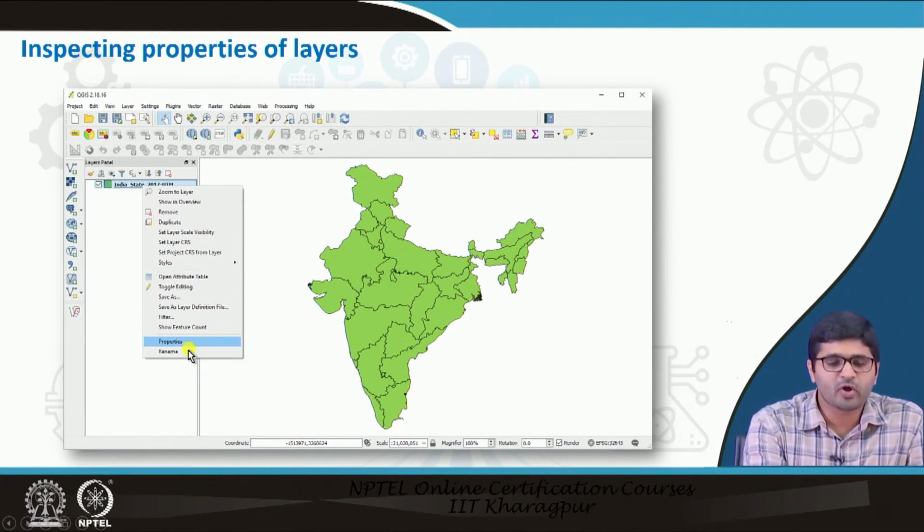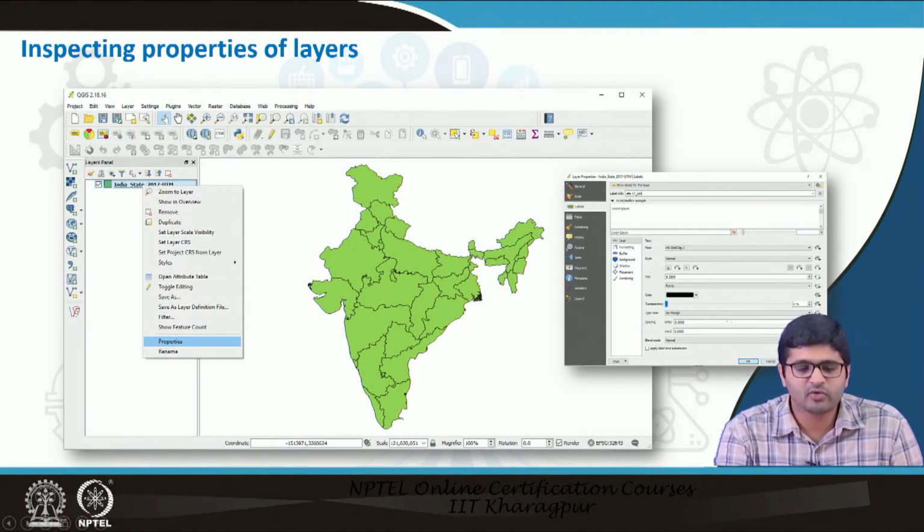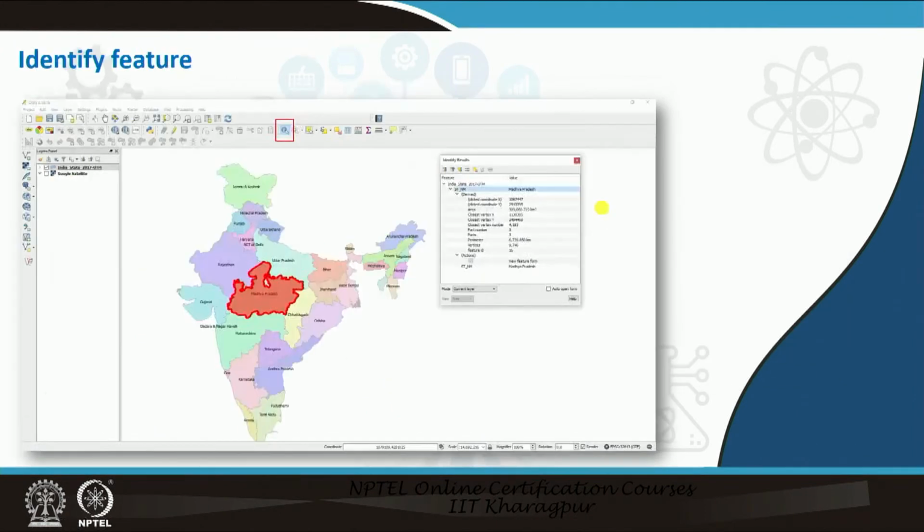So I can go to properties and see its properties. Here I just opened a shapefile layer. The properties window will appear when you click on the properties. Here you can inspect, you can do styling for the layer, you can label it. You can check the metadata of the data as well. Metadata includes the extent of the layer, the coordinate reference system, and maximum minimum values when we consider a raster. Any data about the data is called metadata. This kind of information you can see in the properties table.